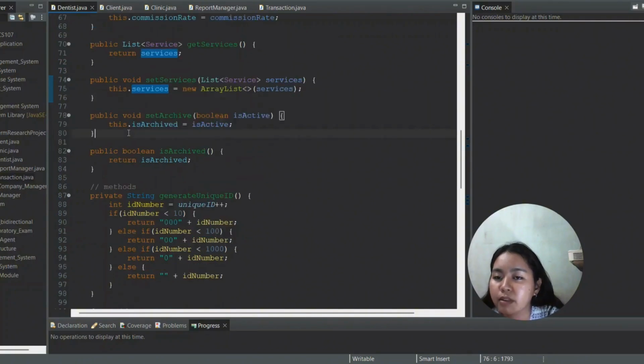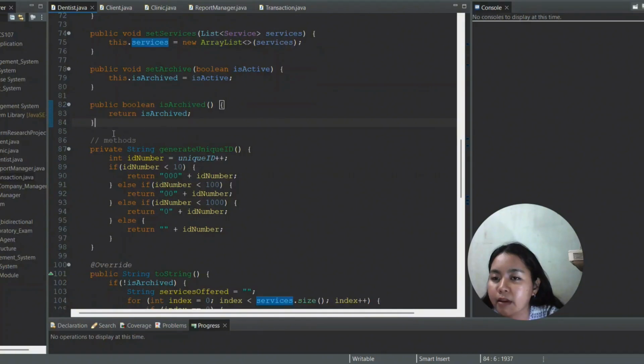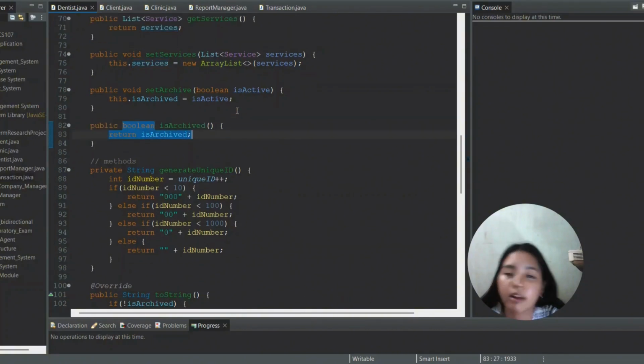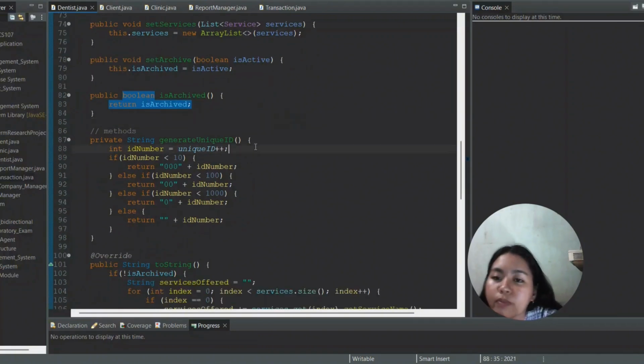Here we also have set archive, which sets the boolean, and a method isArchive that will be useful later for checking if the dentist is archived or not.